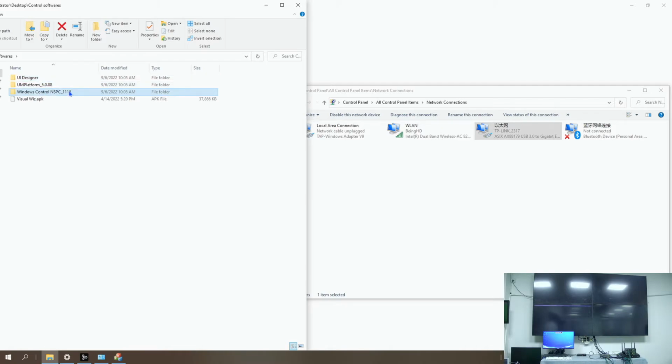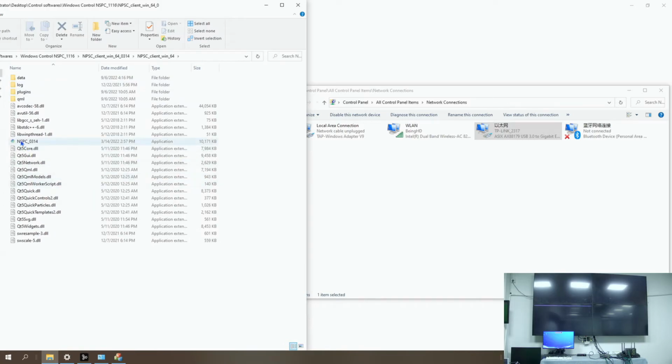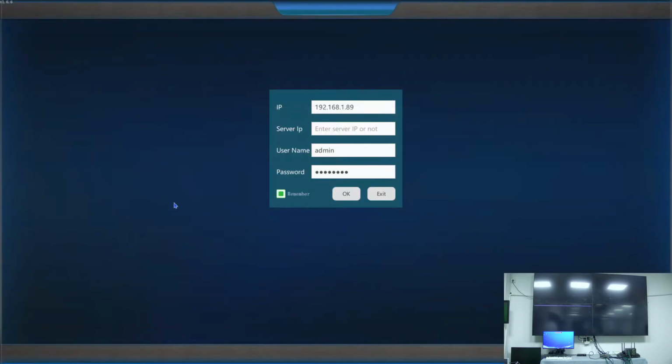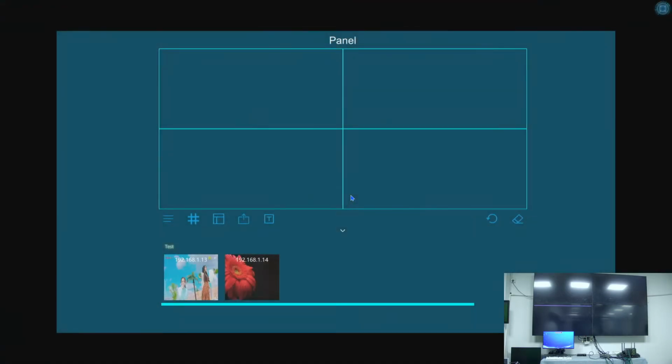It's actually Windows Control and SPPC. We just double click, and then we go to this one. Double click to run this software. After we run this software, the IP address we need to fill out is actually the same as this Control PC. Then the username and password is just the one we set up in the UI designer. We'll click to log in. After we log in, basically, we can see the input source we got, and this the panel, which